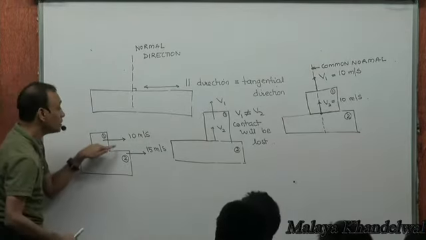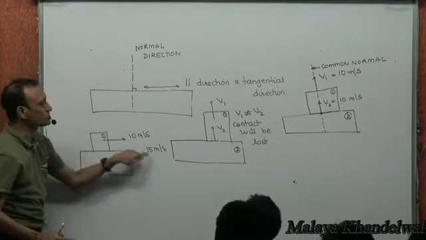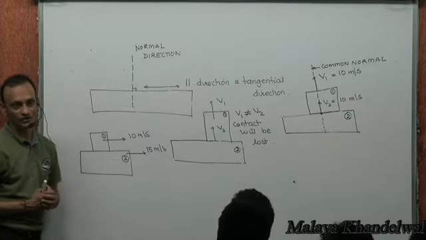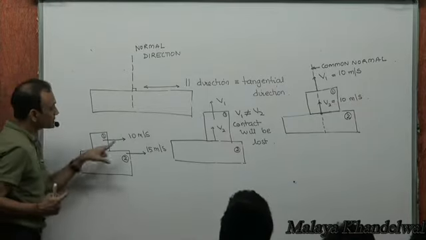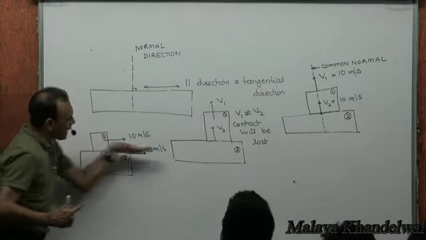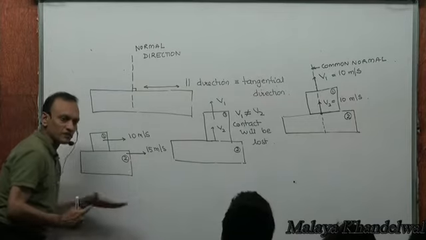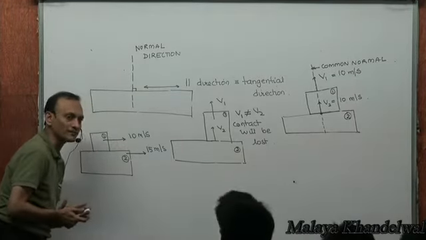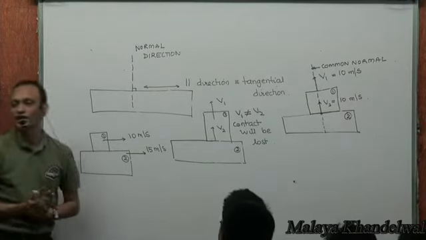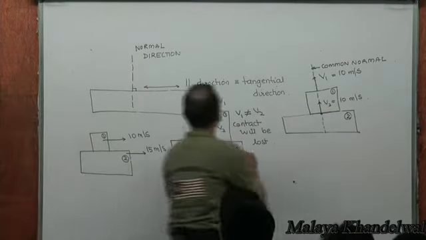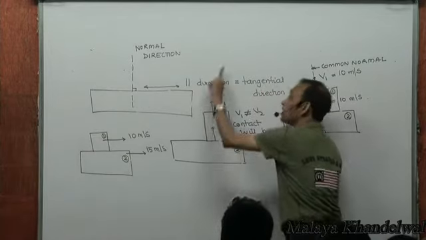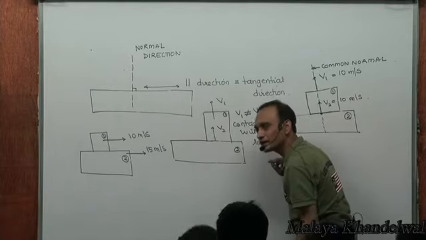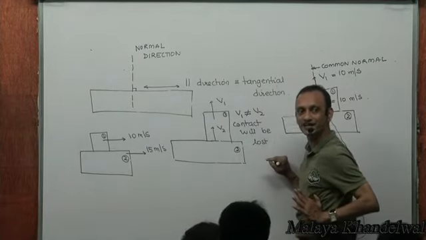So in the parallel direction, suppose their velocities are different. Will they lose contact? No, they will not lose contact. That means the velocity components along the tangential surface will not result in loss of contact, yes or no? But if velocity components in the common normal direction are different, it will result in loss of contact. Do you understand this? Do you register this idea?